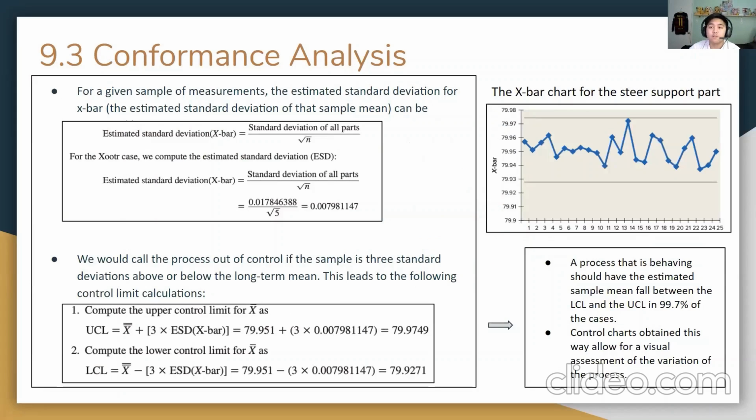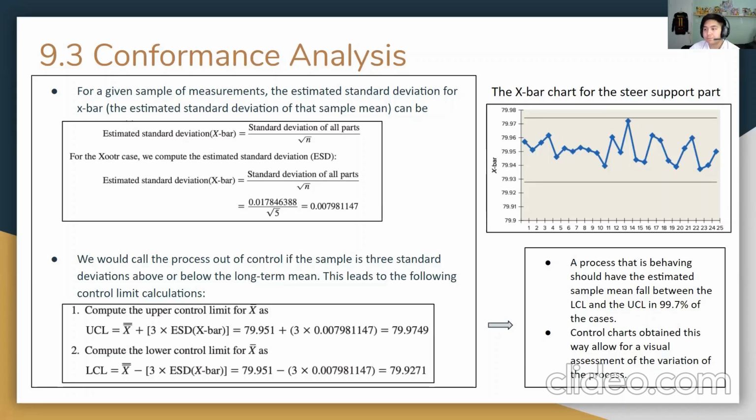Moving on, for a given sample of measurements, the estimated standard deviation for X bar, the estimated standard deviation of that sample mean, can be found through the standard deviation of all parts divided by the square root of n, the number of terms. On the right side of the slide, I included the X bar chart for the steer support part that we have calculated. For the Zuder case, we compute the estimated standard deviation, which would be 0.0178463.88 over the square root of 5, which would then equal